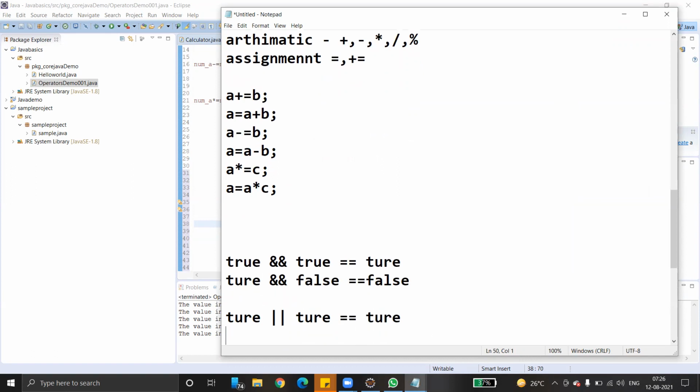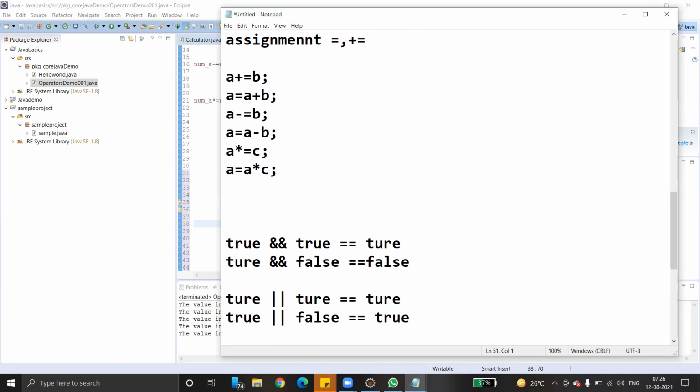Then true OR false, again any one of the conditions should be true. See, any one of the conditions is true, yes, this is also fulfilled. Hence it is true only. If both are false, then it will return false. Here also, if both are false, then AND also returns false.